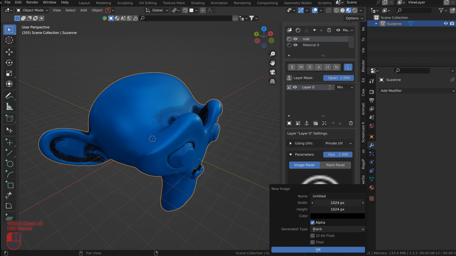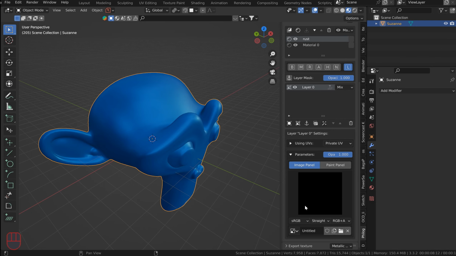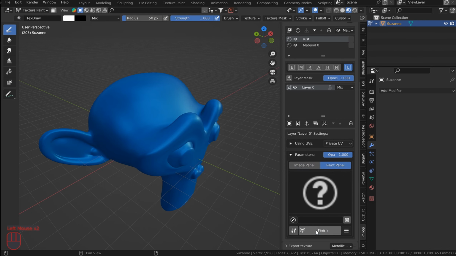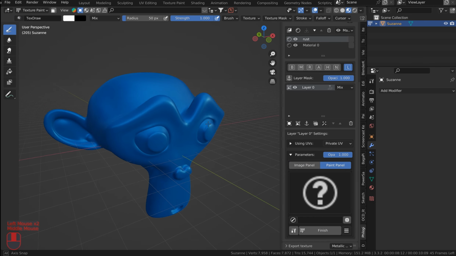Click new. Left click, drag down, hit the right arrow, shift 8 for the asterisk, hit 2, hit enter. That's Blender math. Now you're at 2048. Leave it on black, click OK, go to the paint panel, click paint, and now what we're going to be